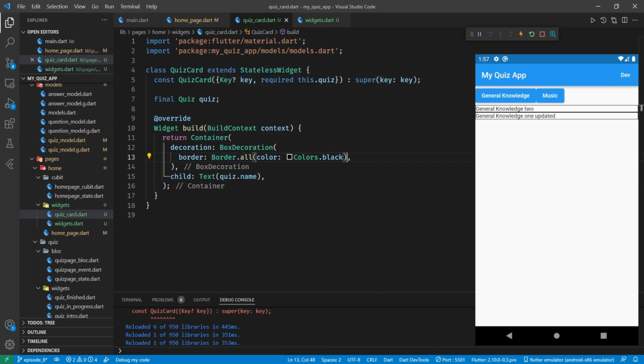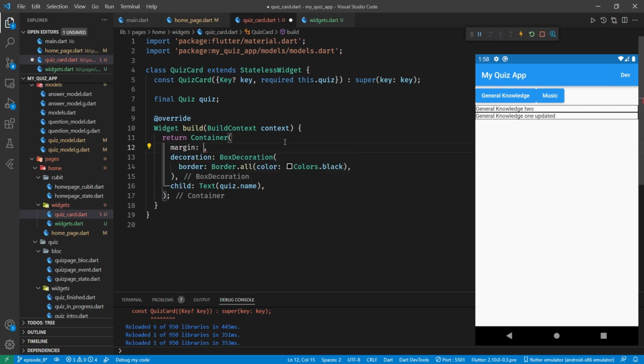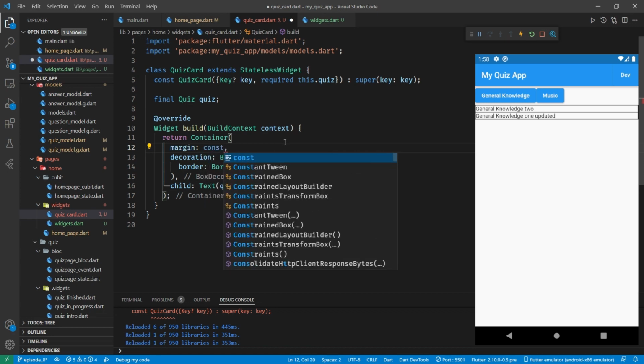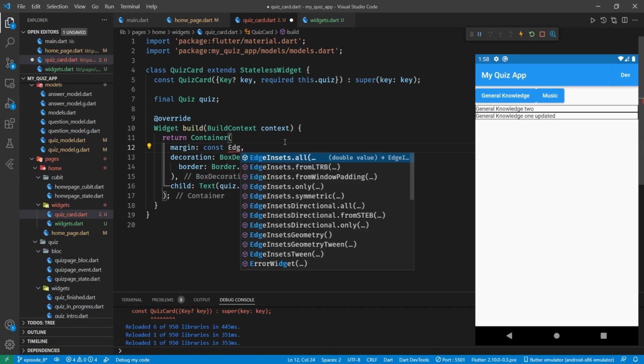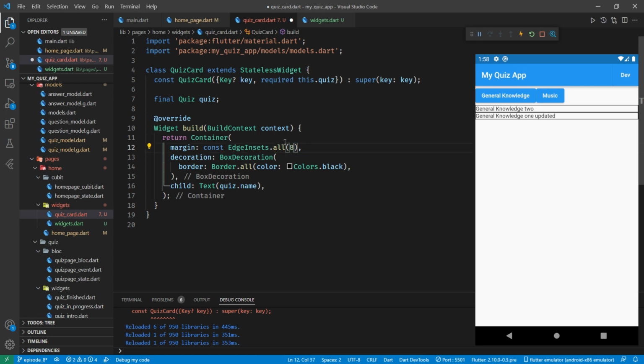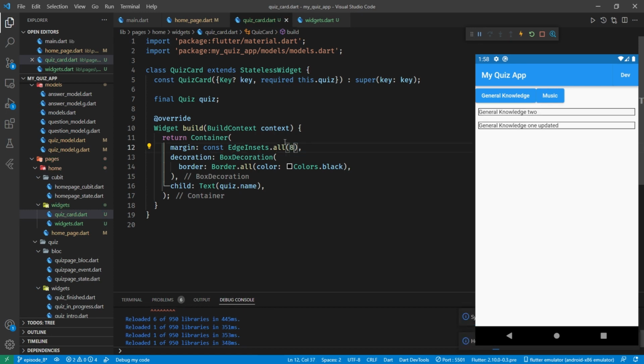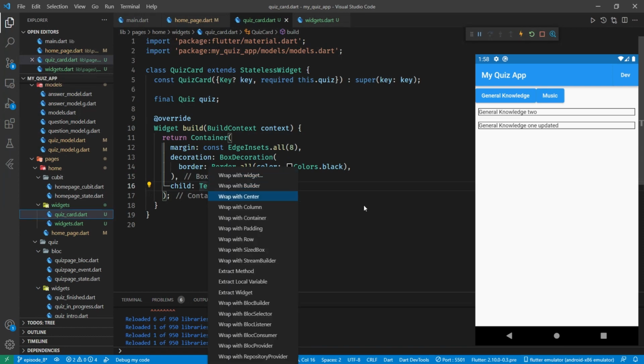So let's just think about the content that we're going to want. Next thing I want is definitely a bit of margin around this. So I'm going to put a const EdgeInsets.all 8. Okay, and that will do. That'll give us our spacing for now. Now within our box, I want more than just the quiz name. So I'm going to wrap this in a row,